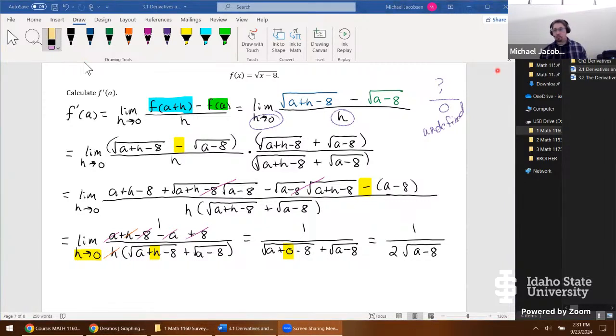Dennis says, does the slope work for any part of the function? Well, there's a part where it wouldn't work because the domain of this function goes from 8 to infinity. So that's the domain of the parent function. But when we went to calculate the derivative, notice the domain is a little bit smaller. This has domain